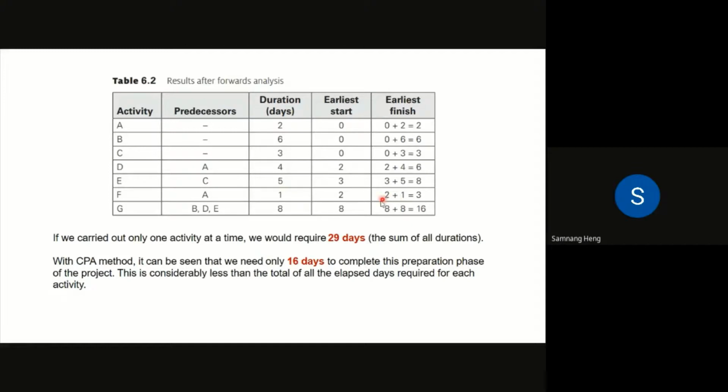So no, we require 8 days. Task G requires B, D, E. D requires A and C. So A plus C and plus B. A equals 2, C equals 3, and E requires C. Oh, C another 3, yeah. So 8 comes from C plus C and plus A, because we know that task G,